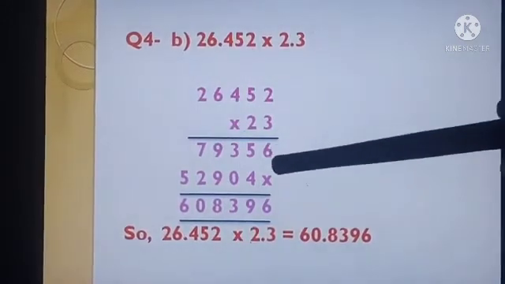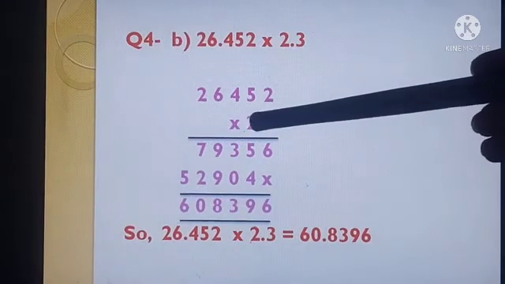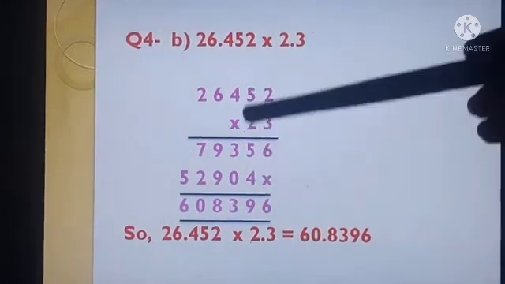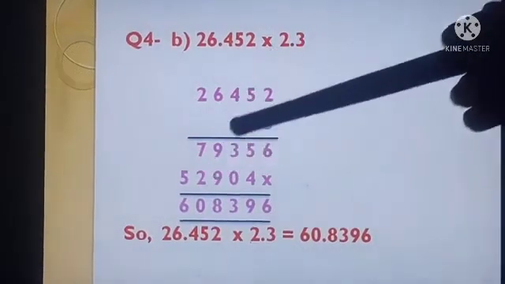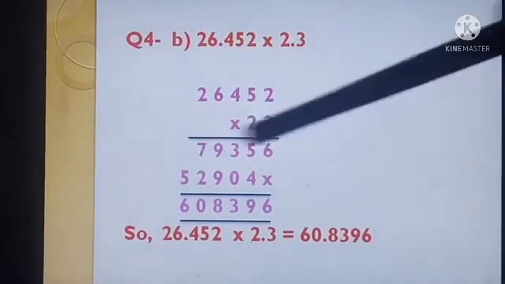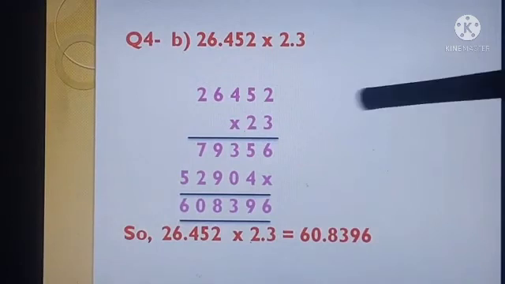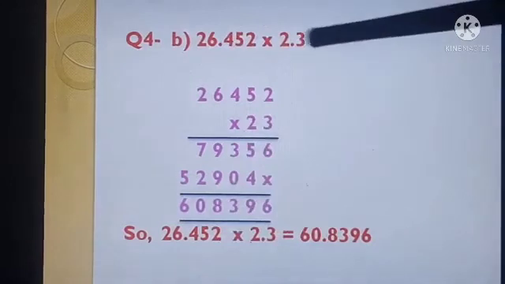Now in the second step, we will put one cross sign because we are going to start multiplication with the tens place. Now 2 2s are 4. 2 5s are 10, 0, 1 carry. 2 4s are 8, 8 plus 1, 9. 2 6s are 12, 2, 1 carry. 2 2s are 4, plus 1, 5. This is simple multiplication. You all know how to do this. And at last you will put the decimal which is given in our question.